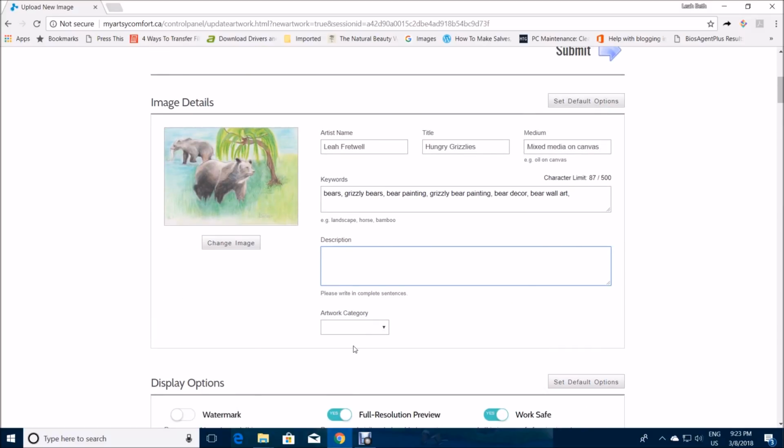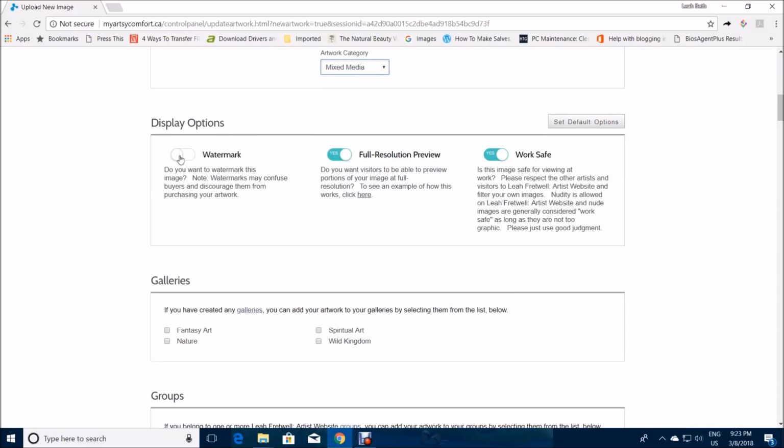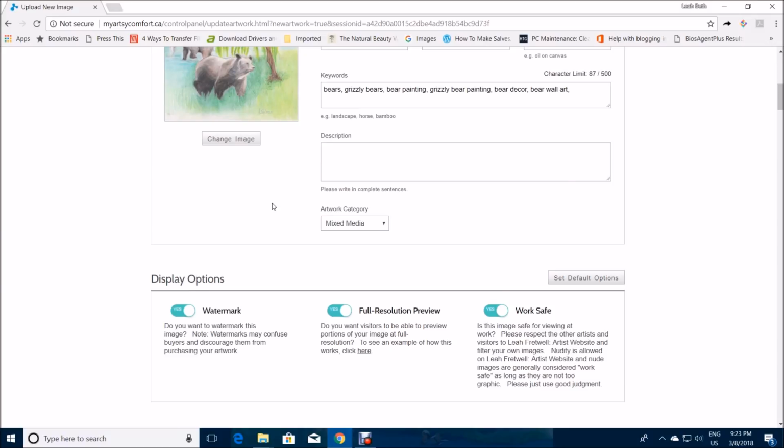So then you're done that, you want to put it in a specific category. For this, obviously, is mixed media. If it was just an acrylic painting, of course I'd just use painting, or if it was just pastel, I'd just use pastel. It's pretty straightforward. So I get that done, and then this section lets you choose whether you want it to be watermarked or not. Some people like to have it watermarked just to add that little bit more security,